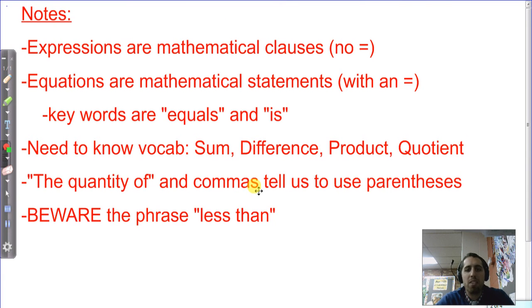Equations are mathematical statements or sentences, and they do have an equal sign. So it's a complete thought. If I say 5 plus 6 is 11, that's a complete idea. But if I say 5 plus 6, that's a clause, that's an expression because it's not complete. I didn't finish it off. So the key words to know if you have an equation is if you see the word equals or if you see the word is, like